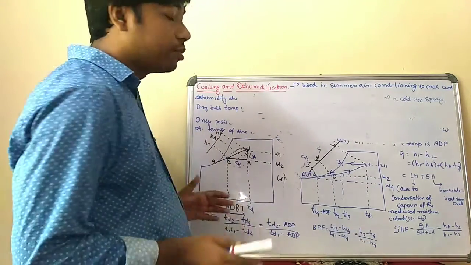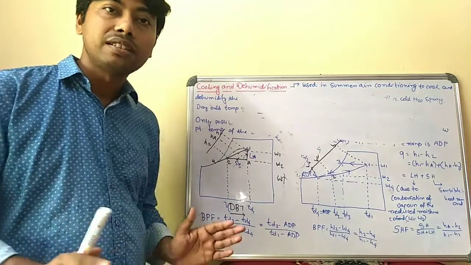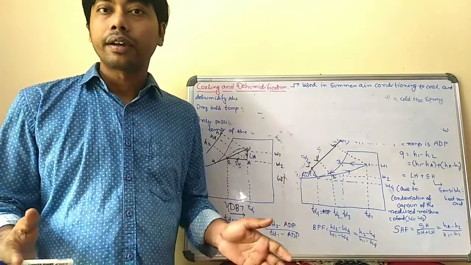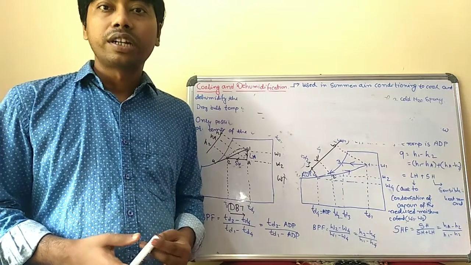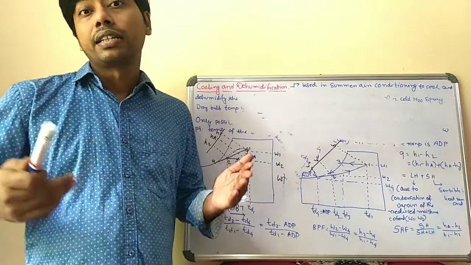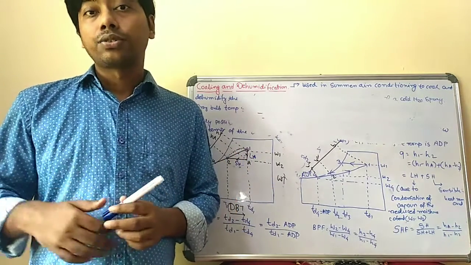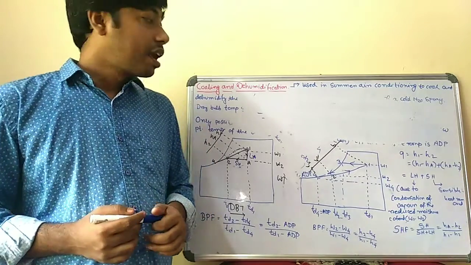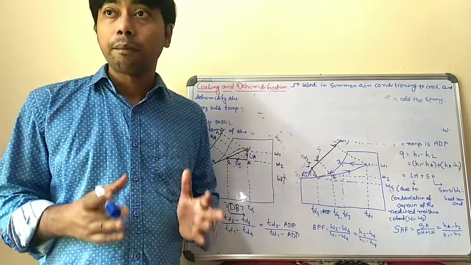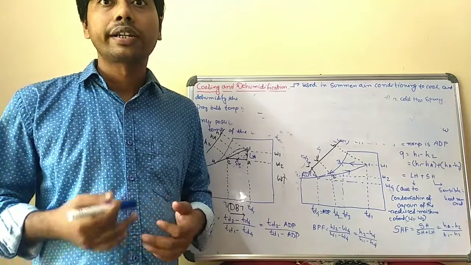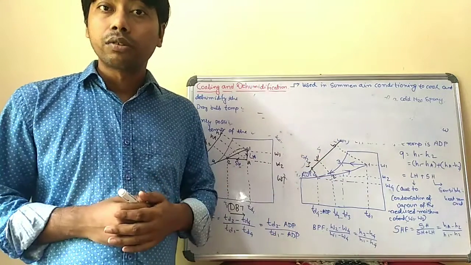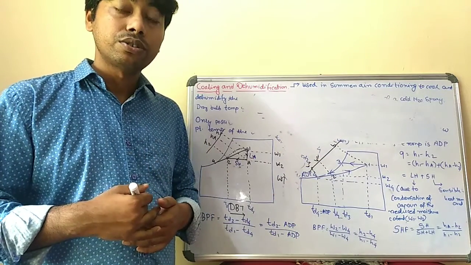So this is the cooling and dehumidification process, and it is done basically in summer air conditioning, to cool the air as well as dehumidify it. There is an apparatus dew point temperature so that evaporation or condensation takes place and moisture is removed from the air, so the dehumidification process is complete. And there is a bypass factor because some part of the air does not directly contact the cooling coil. Some amount of air bypasses through the channel, so the bypass factor is introduced.